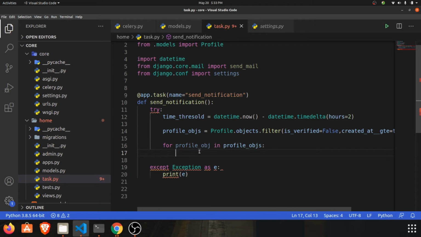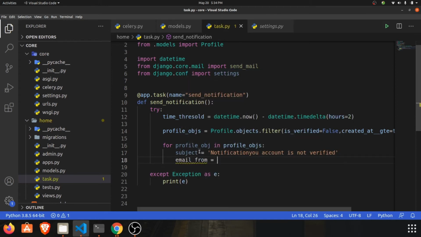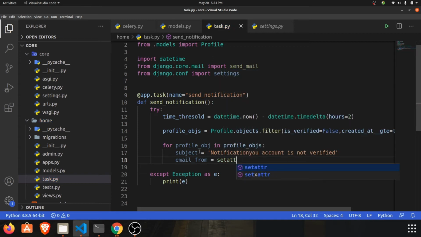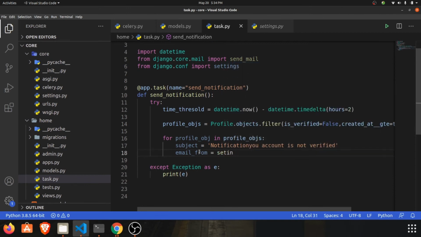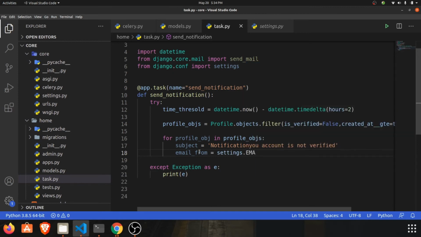We have to create a subject, notification, your account is not verified, and email_from is equal to settings.EMAIL_HOST_USER.